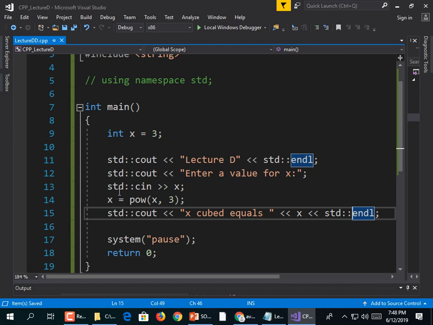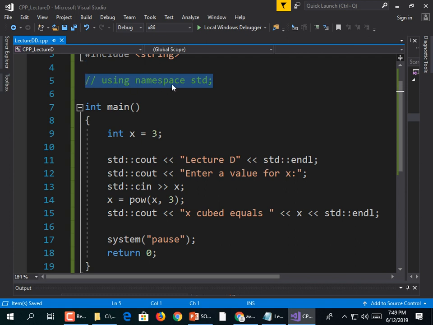It's a pain to have to type std:: in front of everything, right? It more than doubles the amount of typing, five extra characters for each one of these. So what does using namespace do? It says, if you can't find something, Mr. Compiler, check to see if you could find it if you had prefixed it with std::